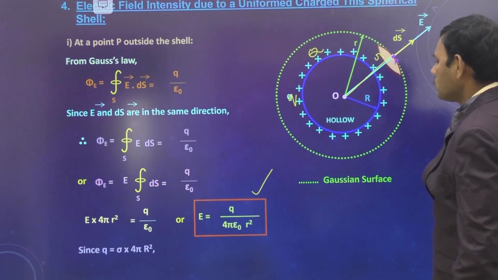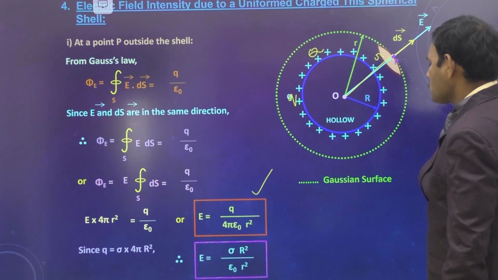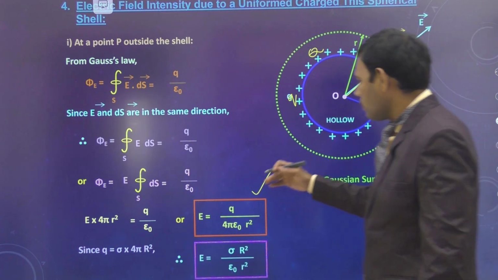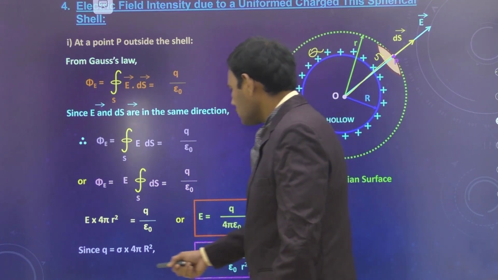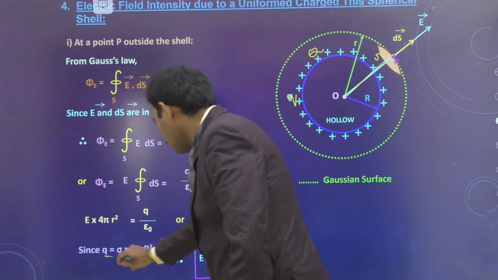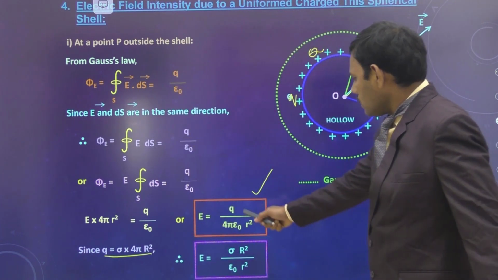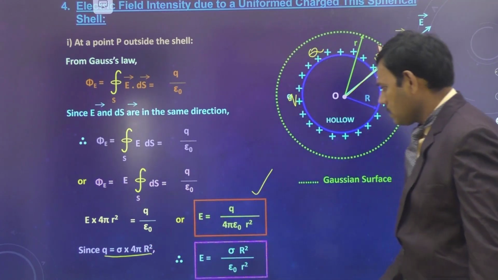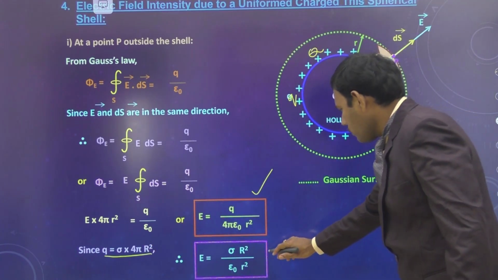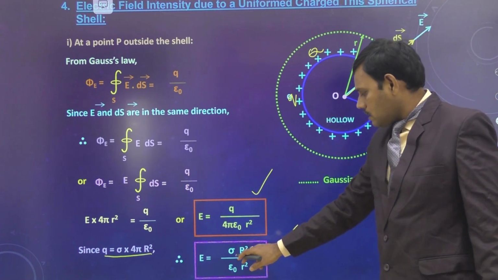So when it comes to the surface, small r is equal to... here, before knowing it, of course, Q is equal to surface charge density into area. Q is equal to surface charge density into area. So replace the denominator, numerator by sigma into 4 pi r square. 4 pi gets cancelled. Of course, at the same outside point, in terms of surface charge density,